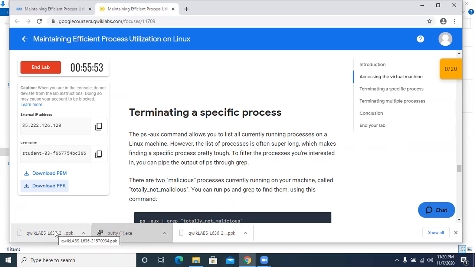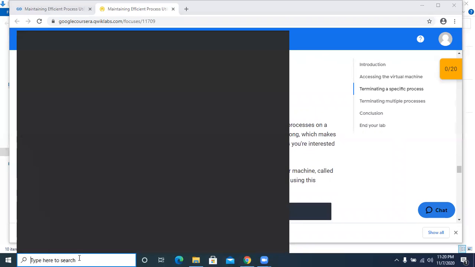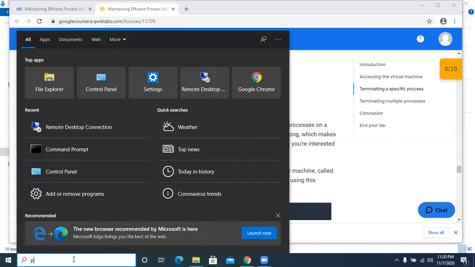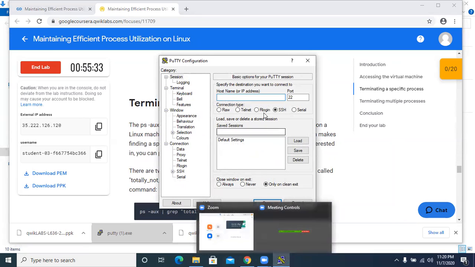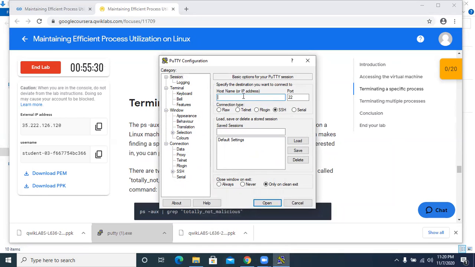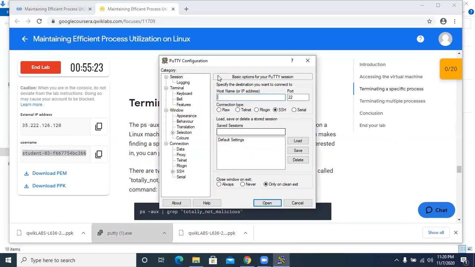If you have done some labs with PPK keys, just get rid of them first because they're going to confuse you. If you don't use the right PPK, you're not going to get into the instance. Okay, now run PuTTY. Okay, PuTTY is here. All right, let's go ahead and put the username